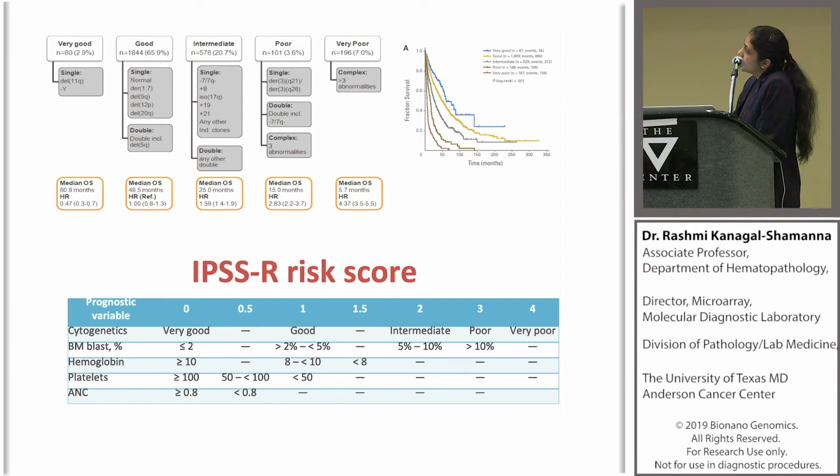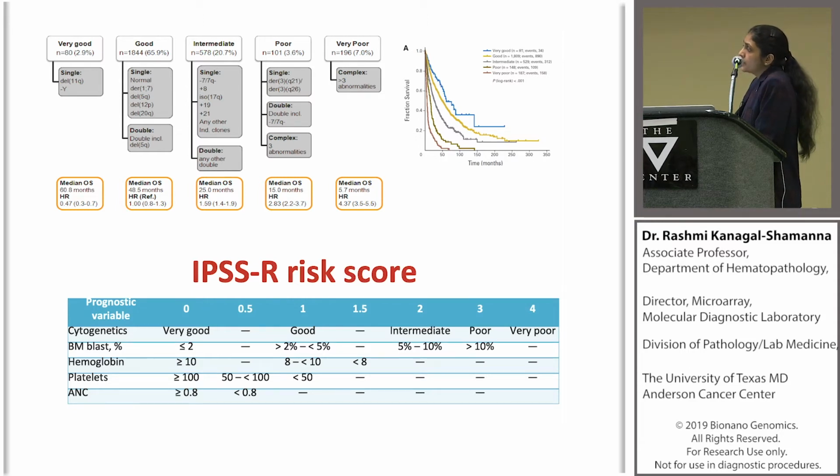So what we see here, the outcome can range from very good to very poor, and this is dependent on not just the number of the structure variants, but also the type of the structure variant. And these also include translocations as well, not just the copy number changes. And so this category plays a very important, it's actually a primary component for what we call a revised IPSS